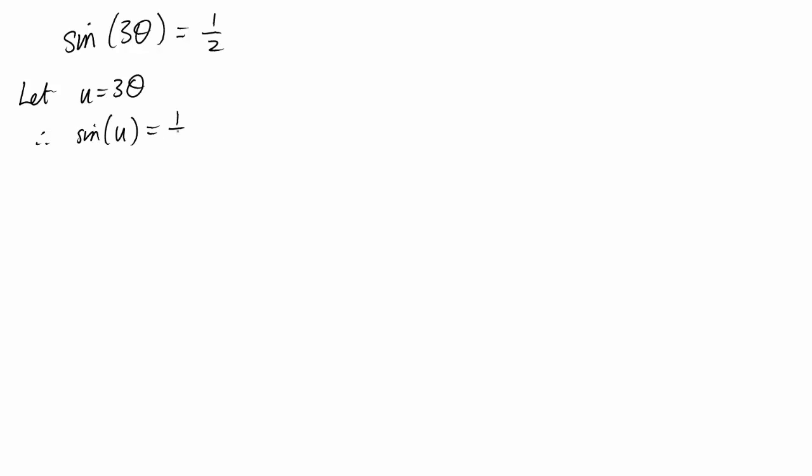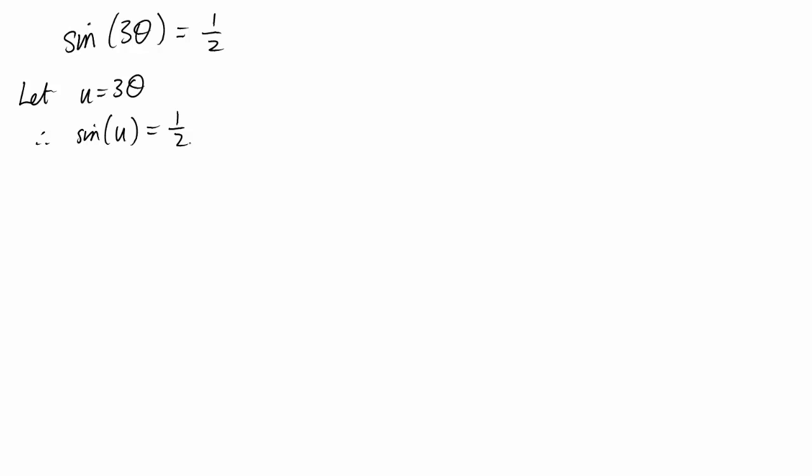In all the examples so far, we've just had theta in the brackets by itself. Now let's look at what happens if you have to solve something like sine 3 theta equals a half. It's best to avoid trying to think about what 3 theta would mean inside the unit circle. Instead, the easiest thing to do is to introduce a new variable like u and define it to be 3 theta. Then you can just solve sine of u equals a half and convert the solutions back to get values